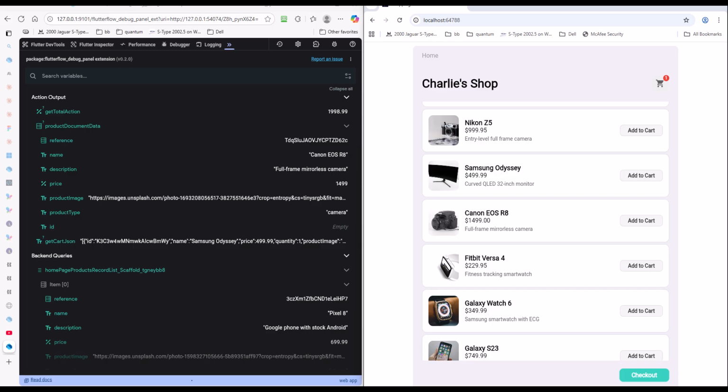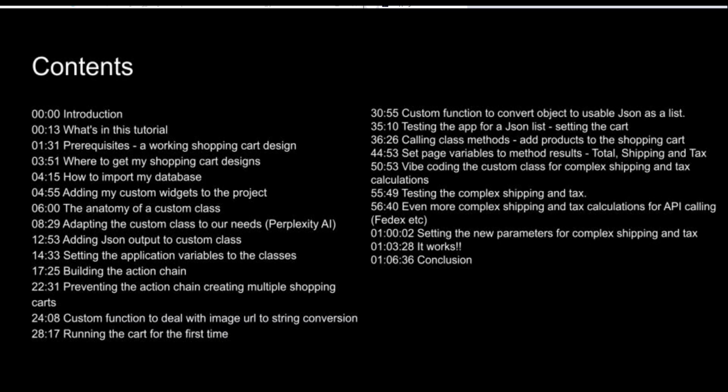This is me coming from the future, having just finished the video, and I just really thought it was important to say that much of the benefit of this technique of using custom classes comes towards the end. And towards the end of this video, you're going to see that I've incorporated techniques, for instance, of looking up the cost of shipping using an API call going out to FedEx, allowing tax to be calculated from